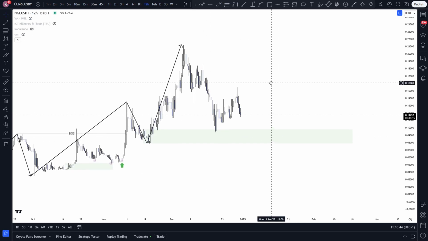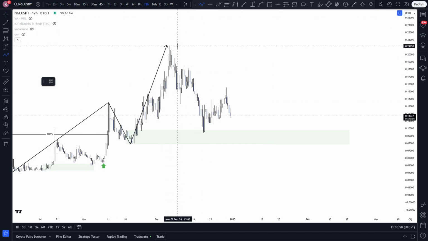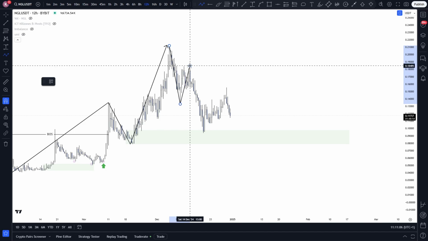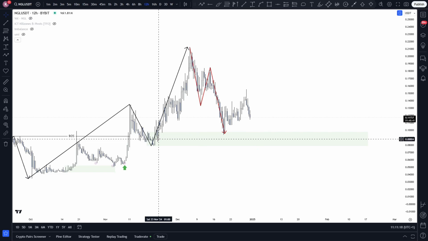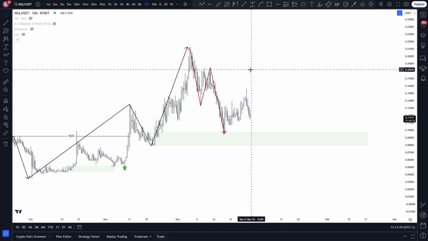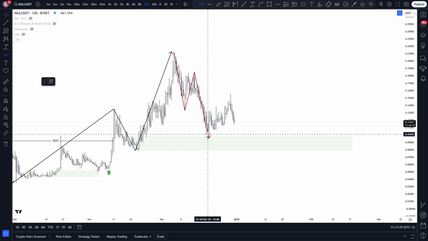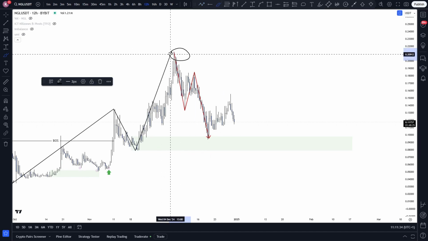What can we expect on the lower time frame here? Well, let's start drawing in our structure from the high up towards the bottom. Let's look at the 12-hour for this. We have our high, we have a low. We failed to break this high, so we've made a lower high for another lower low. So our black market structure here is our high time frame market structure, which is most likely to hold. But if we cannot break this red market structure towards the upside, then we will never get the confirmation that we will get a rotation towards this high again.